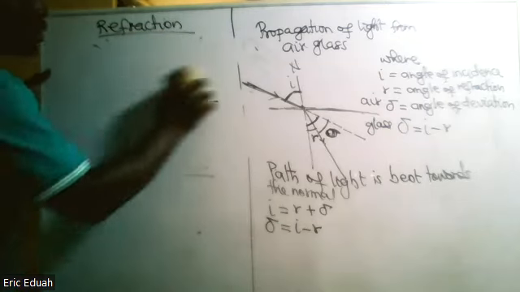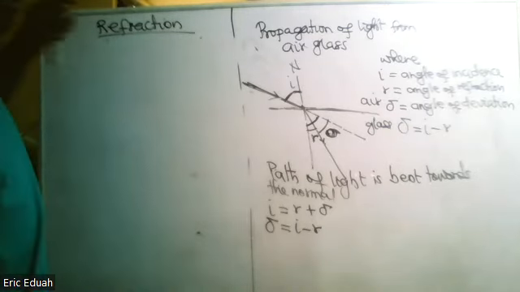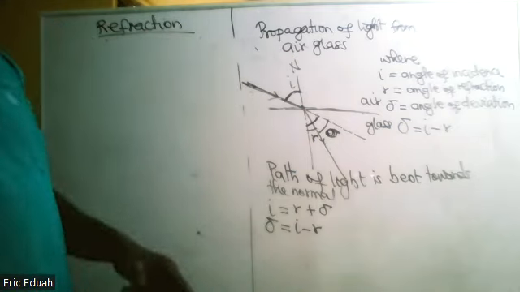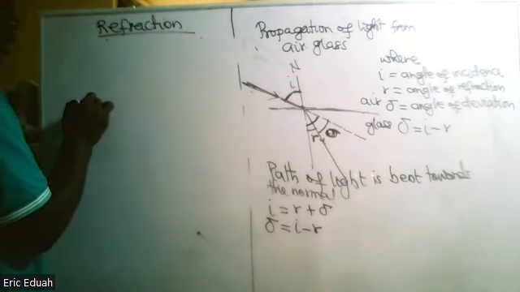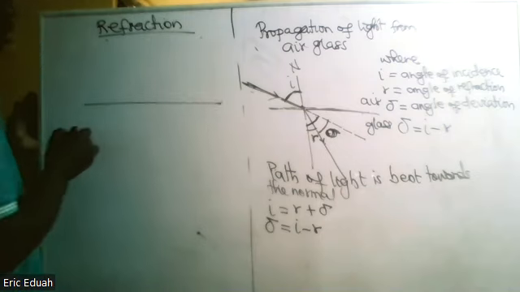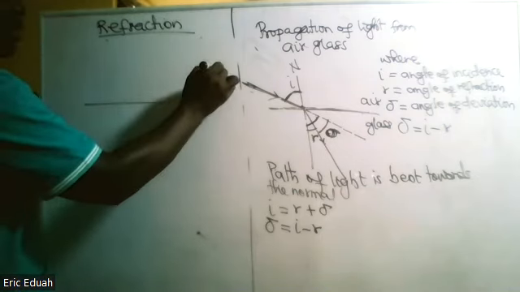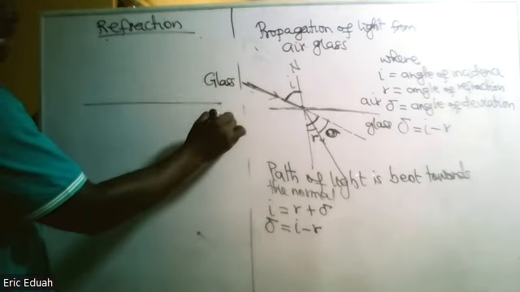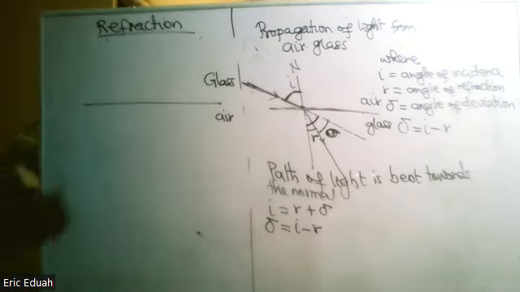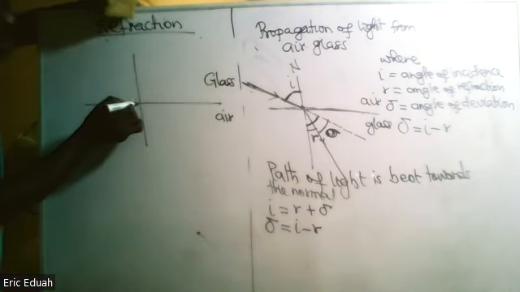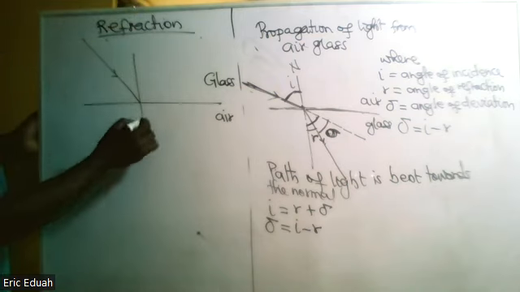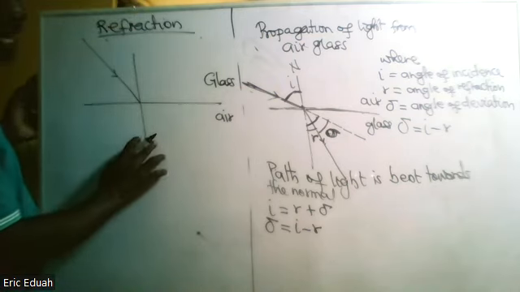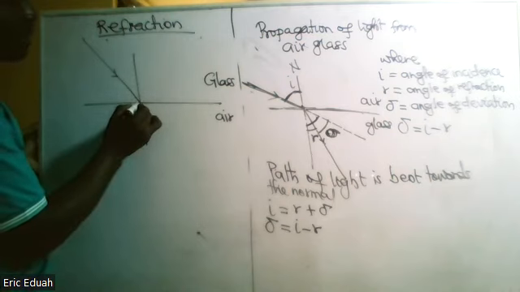So when the light is moving from glass to air, what happens? We have the boundary, this time around this is glass, and the second medium is air. This is the normal. Now, when light is incident on the interface, this time around, because this is a less dense medium, the part of it will be deviated away from